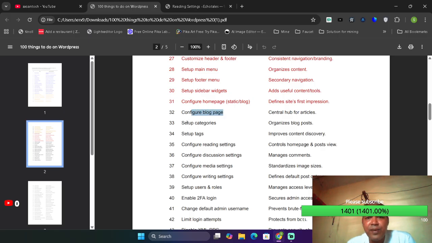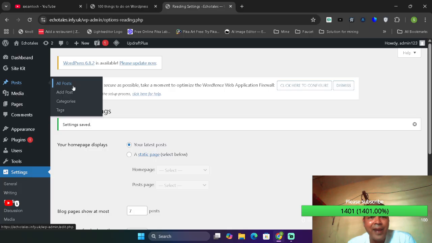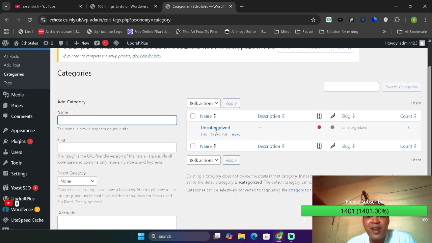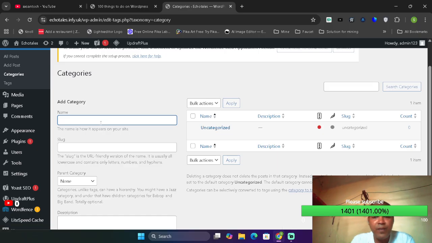The next is to set up categories. Categories allow you to organize the blog posts that you create. So let's go to Posts and Categories on the left hand side. Once you click on that, you will end up here. By default, you see Uncategorized, which is the default category that WordPress selects. Over here, we can add a category. I will just say this is Story, and the slug will be story,